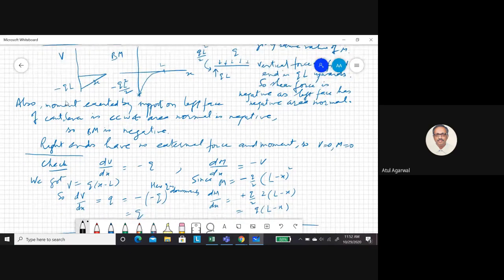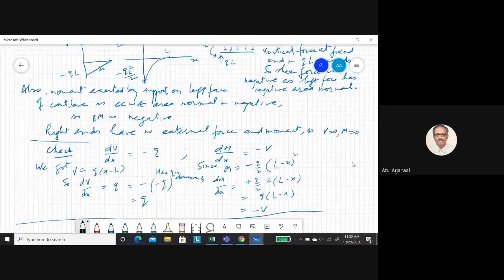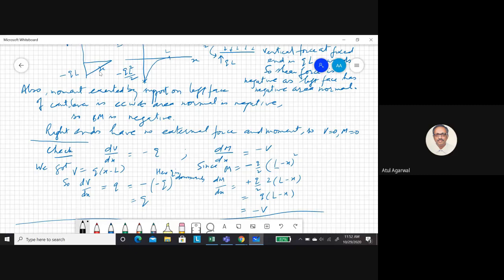So you see, I already showed from the boundary condition, from the support reactions, that the boundary bending moment and shear force diagrams are all right. This is another thing I told you. This slope is this. So we get shear. You see, you have a loading intensity Q. So your dV by dx is minus Q. You see here dV by dx is. What is the slope of this diagram? It's a positive slope.